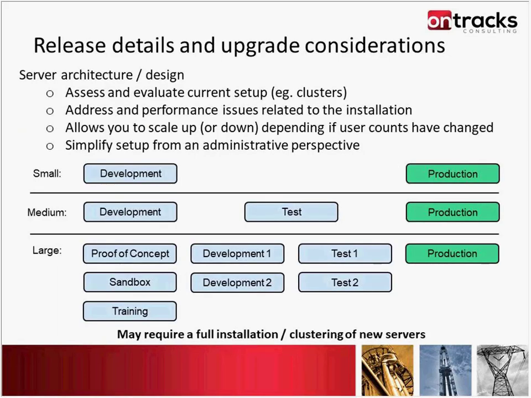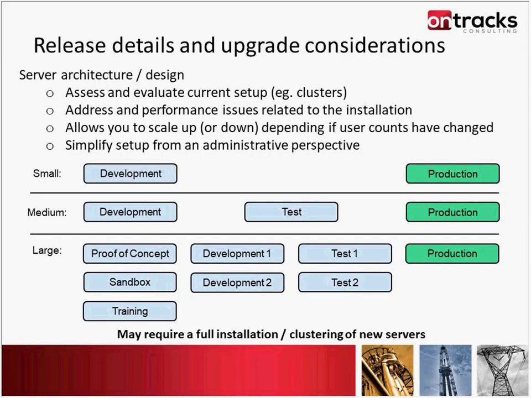So from a server architecture design, we'll talk about that a little bit. The upgrade allows you to really assess and evaluate the current setup. From an application server perspective, do we need to reevaluate how many JVMs you have? Maybe you have four UI JVMs, you need more. Maybe you're suffering from performance issues in Maximo. It allows you to really